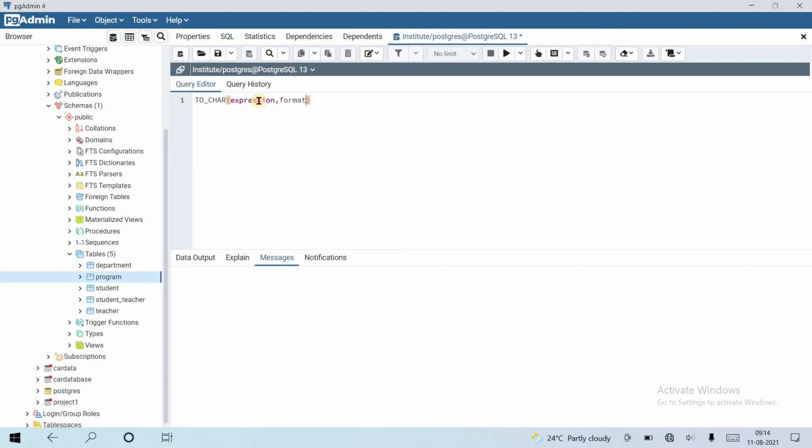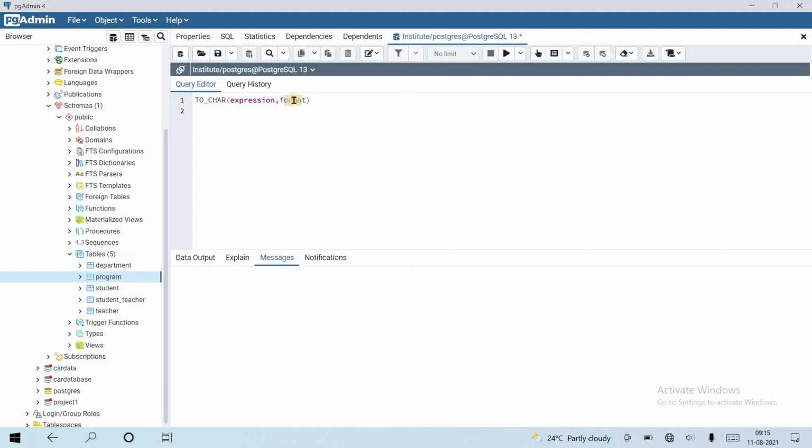Now in the previous video we have seen that for cast, we give an expression and a target data type, meaning the value which we need to convert into another data type and the target data type that we want, for example integer to string cast.